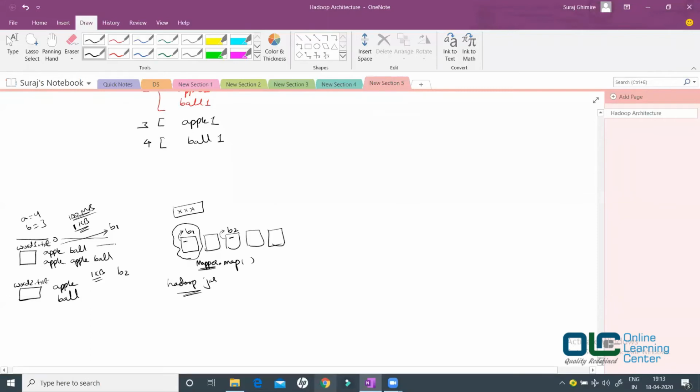So the first line will be converted into a key value pair before it goes to the mapper map method, right? So what will be the value, guys? The initial key would be 0. Okay, and what would be the value? The value would be apple and ball, with space. For the second line, what would be the key? Add this 1 2 3 4 5 6 7 8 9 10 11 12. So let's say 12. And this would be the value, apple space ball.